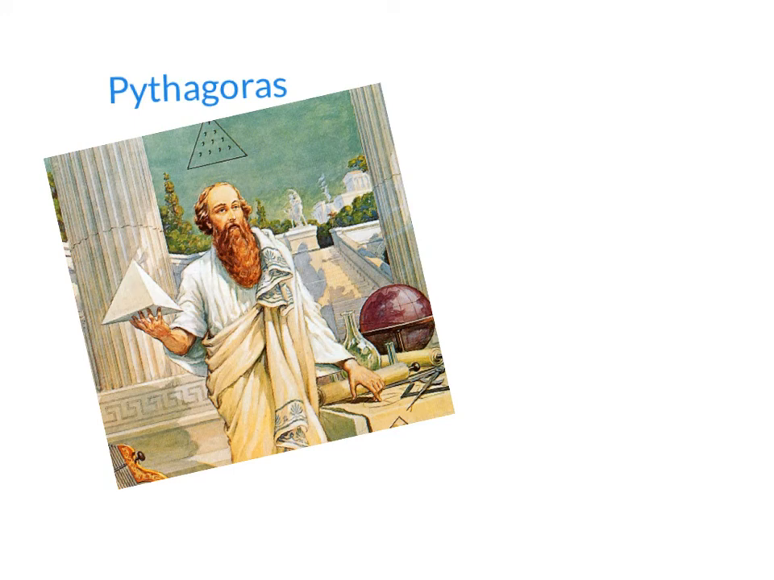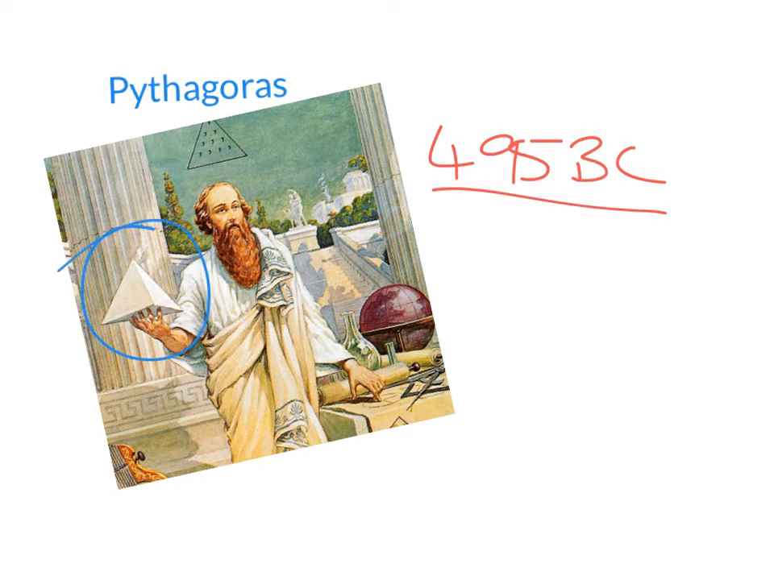Okay, so here we have a picture of the man himself, Pythagoras. So Pythagoras was born around 495 BC, so quite a long time ago. And he is a super famous mathematician, but he's most famous for his work on this shape here, which obviously